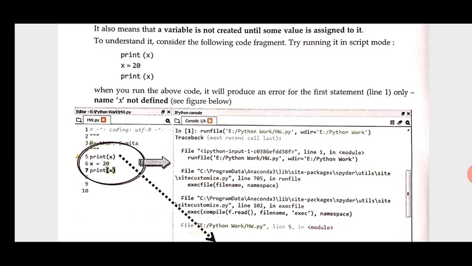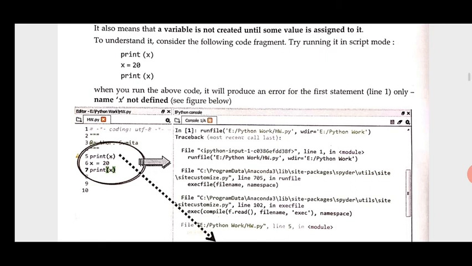As we know, Python is an interpreted language, meaning for conversion of code from source code to object code, an interpreter is required. The characteristic of an interpreter is line by line conversion. Line by line conversion means if the error in the first line is not rectified, it will not go to the second line. So here in the very first line there is an error, that the value of x is not defined. The interpreter will wait there for error rectification. Only after rectification will the interpreter go to the next line. So due to this we can see the error, and the error name is NameError.